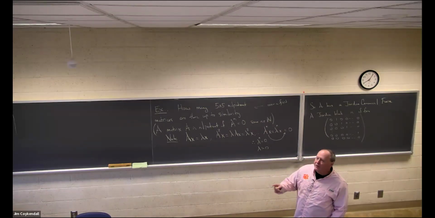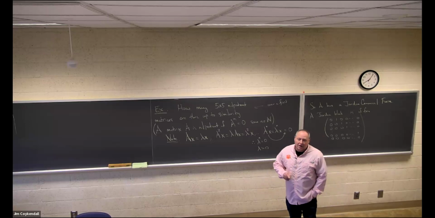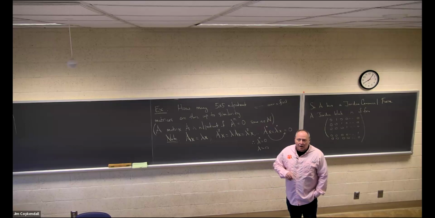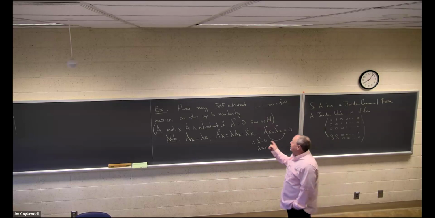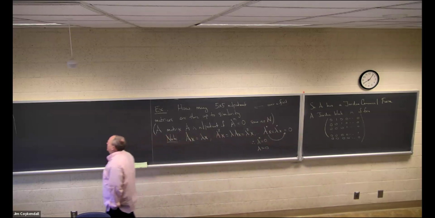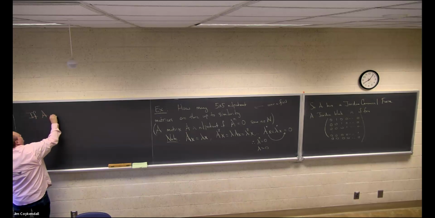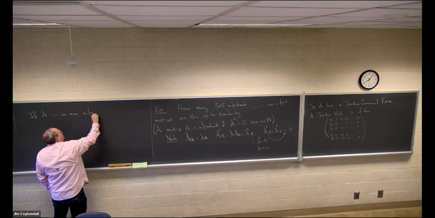So yeah, if, for example, you have a 2 by 2 matrix over the rational numbers, and you get characteristic polynomial x squared plus 1, it does not have a Jordan canonical form over the rational numbers. It doesn't correspond with a nilpotent matrix. Exactly. I'm just saying, that's not the characteristic polynomial of a nilpotent matrix. For a nilpotent matrix, the characteristic polynomial, if A is an n by n nilpotent matrix,